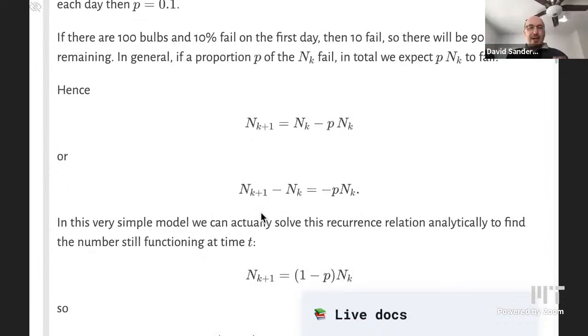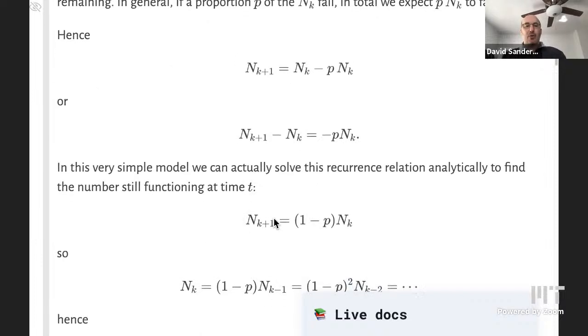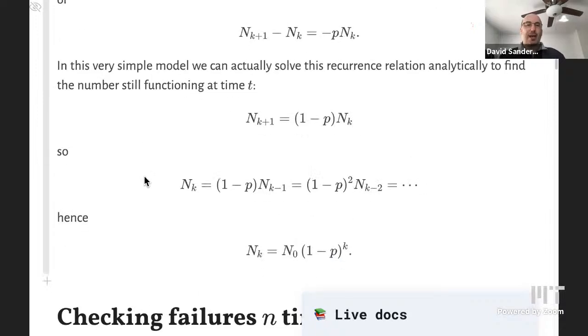Right. So in this particular model, we can actually solve the entire thing analytically and get a formula that tells us how many bulbs are still alive at time k. If we rewrite the same equation in yet a different way, which is n_{k+1} is (1 minus p) multiplying n_k, just by factorizing n_k in this formula up here, then we can expand each step going downwards, and we finally end up with the number at time k is the initial number multiplied by this factor, (1 minus p) to the power k, that's decaying geometrically or exponentially